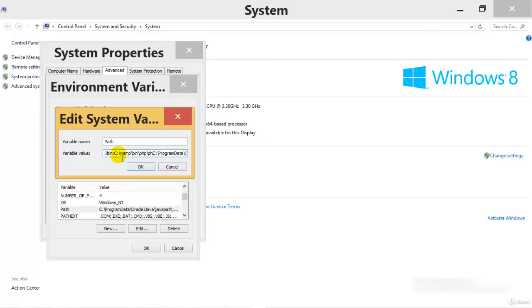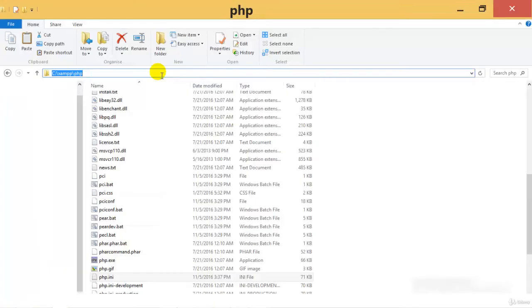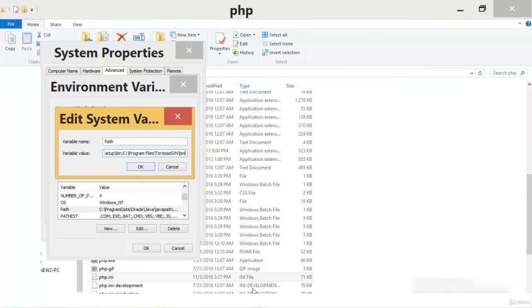So I'll remove this particular path of WAMP. Now I'll add the XAMPP path. The XAMPP PHP extension path is to be added over here.